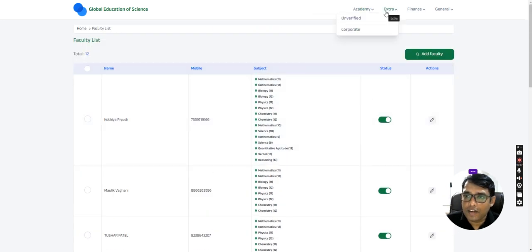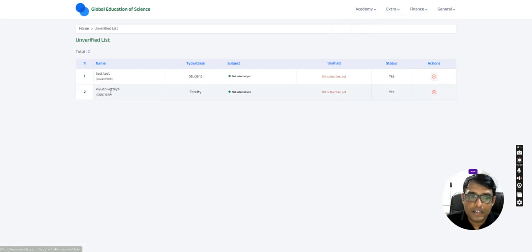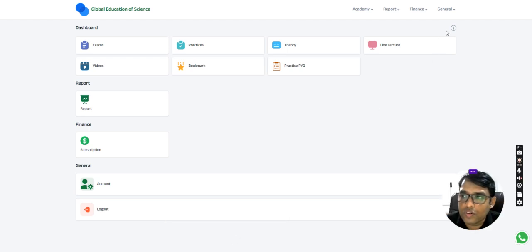In an extra field, unverified, you can see that the faculty will be here, but the verified column is in red font, right? Here is a checkbox. But this faculty has not selected any subject in that list, so it is showing not subscribed. For that, you have to go to the